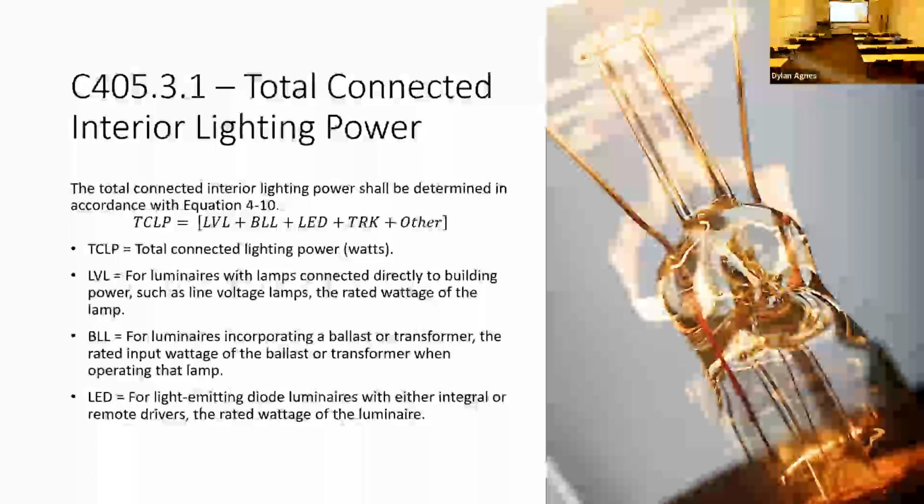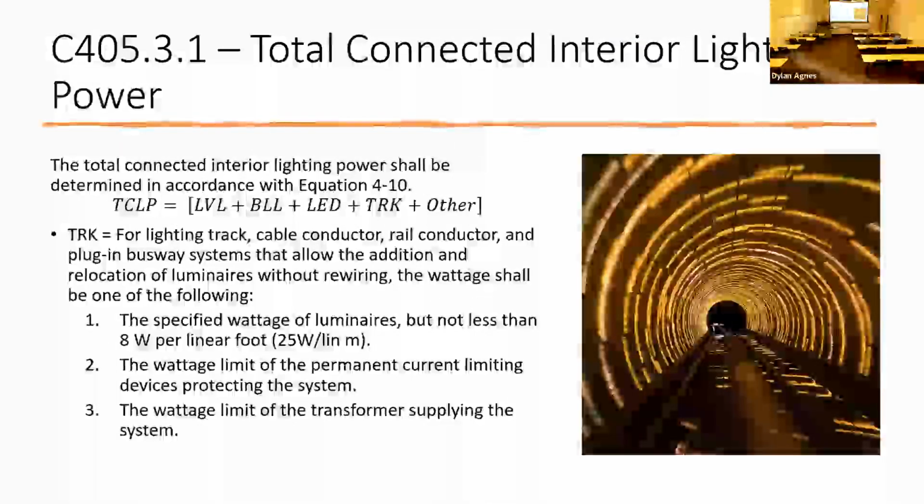And then BLL is for luminaires incorporating lighting ballast or transformers, and you want the wattage of the ballast or transformer when operating the light. LED being LED. And then track, or TRK, standing for track, cable conductor, rail conductor, or plug-in busway systems that allow the addition and relocation of luminaires